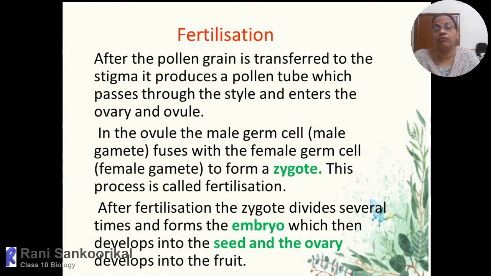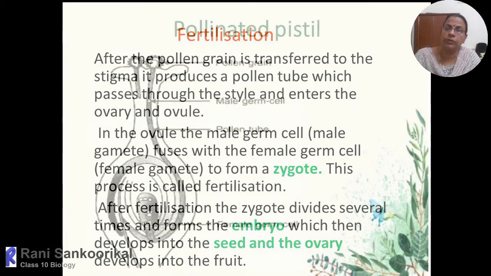The embryo will form inside the ovule, and the whole ovule will develop into seed. The ovule is seen inside a bulged part, which is called the ovary. After the seed formation, the ovary will develop into fruit. So this is the gradual developmental process of how reproduction takes place. In 10th standard, we have only that much to learn. Fertilization is the fusion of the male gamete with the egg, resulting in the formation of a single cell called a zygote.